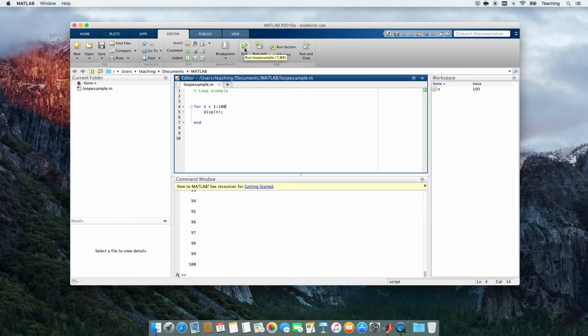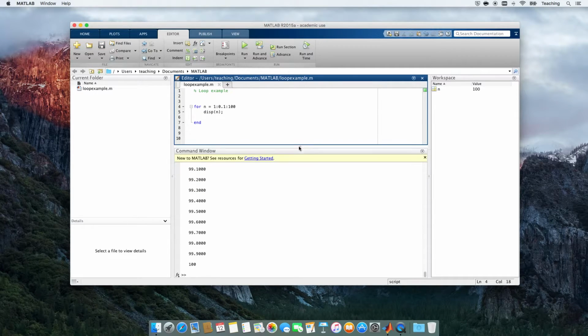Can I enter some other values? Well, let's try non-integer values. Let's put 0.1 in, as we did when we used this colon notation in the command window. I'm going to execute that again, and you will see a very large number of values has appeared. We can scroll up and you can see that all the values between 1 and 100 have been created in